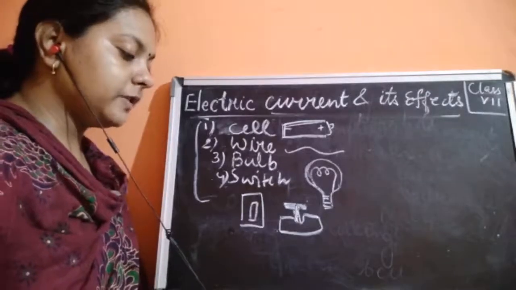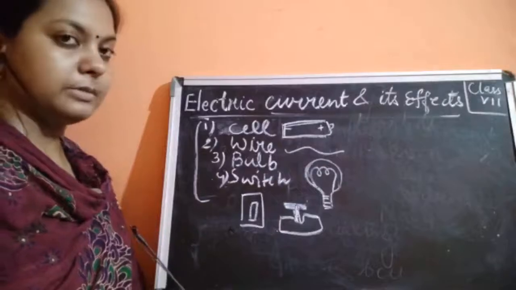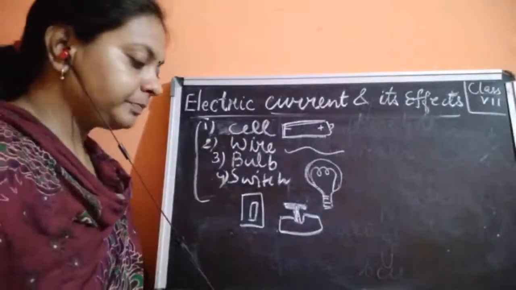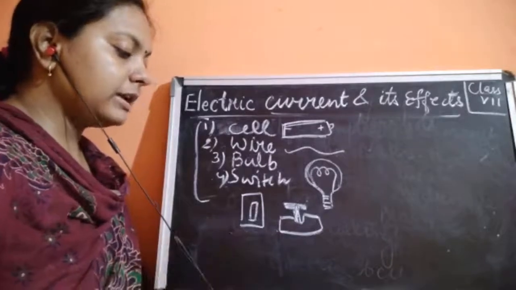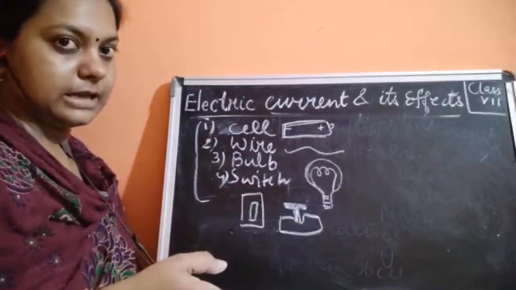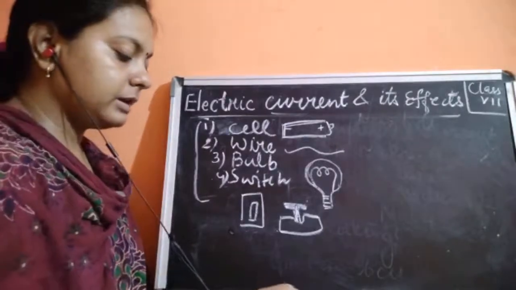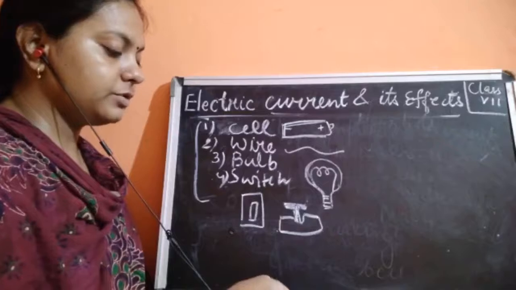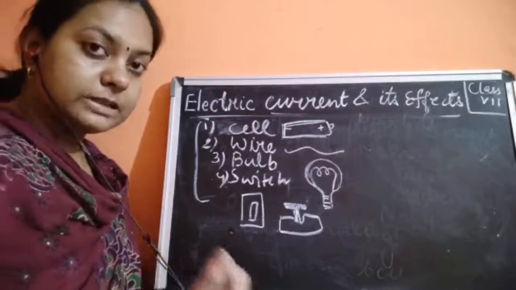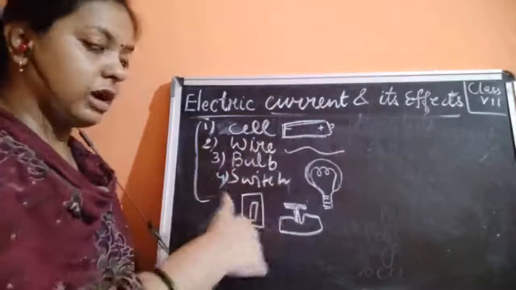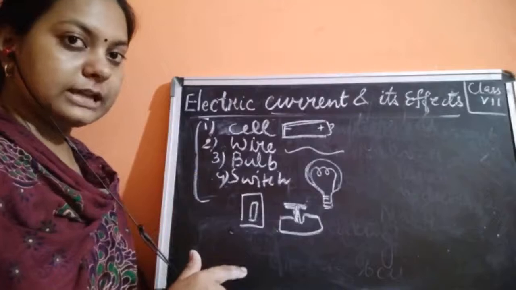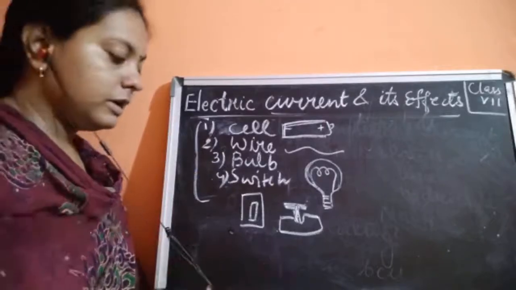Some of the common electric components can be represented by symbols. Okay, so these are the common components which are represented by symbols. Some electric components and their symbols are shown in the table. Okay, the table in your NCERT book is, I think, table number 14.1. You could just simply see that table and understand what symbols we need to discuss. We'll just discuss the common symbols which I have written here on the board. That is what we need to understand, what symbols we'll draw for which component.